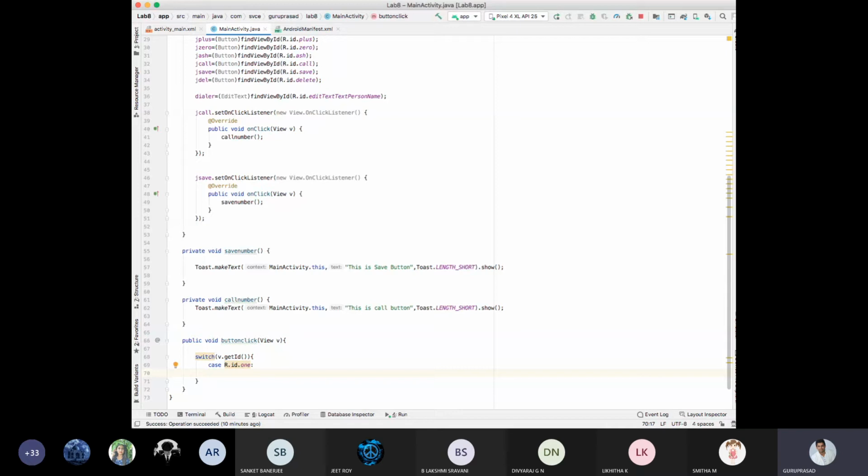Then if I press like that, upon pressing the on click button, my dialer should set the text as null initially. Then I will create a string as phone number.